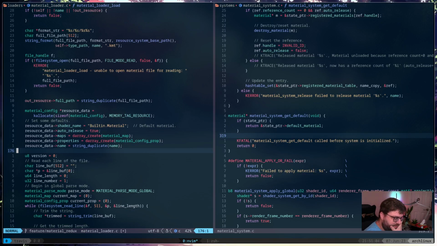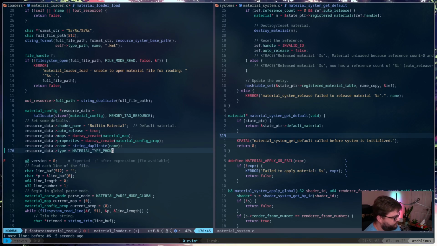I don't want that default. I think I want to leave it as unknown. And technically this is already set because the memory is zeroed out, but I want to be explicit about it.